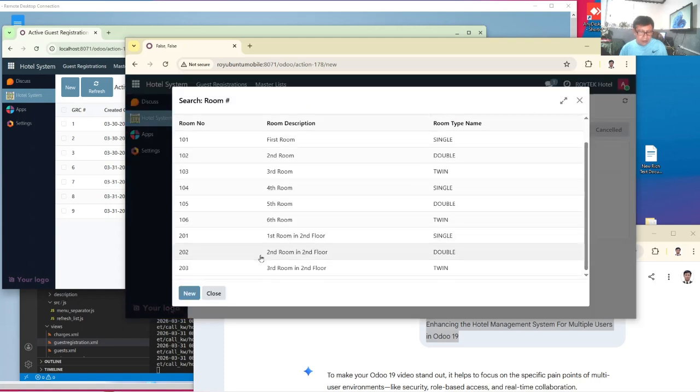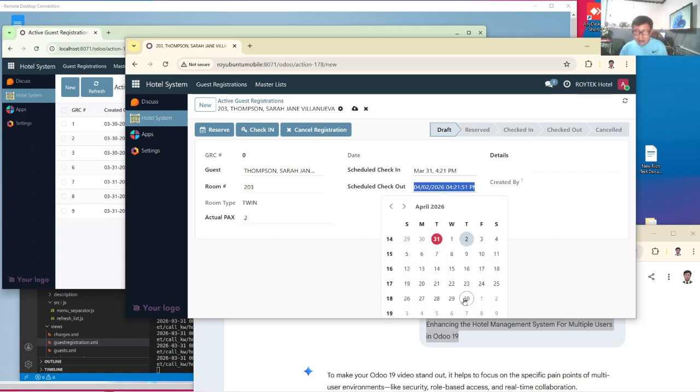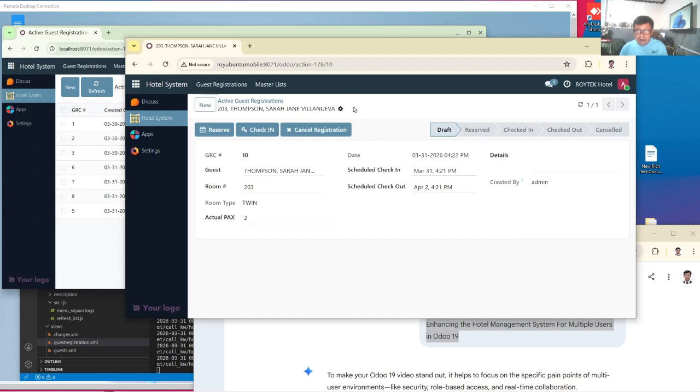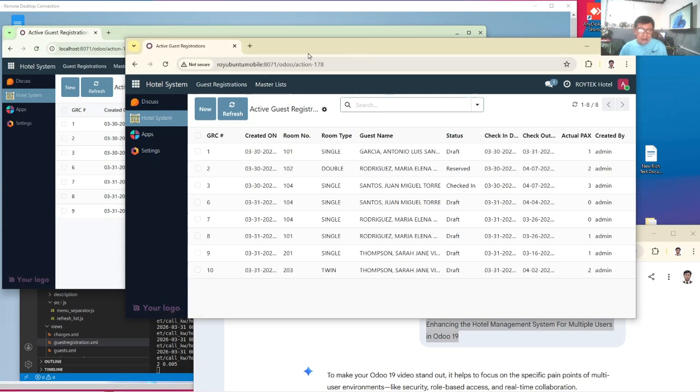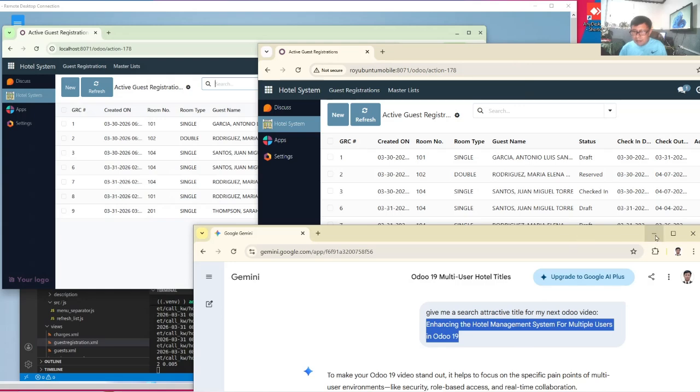I've created several rooms, so I'll say 2, and then let's change this and let's save. So the created by, the date, and the GRC number. Let's go to the guest registrations. Look at that, we have one more registration, but in the other host there's none. That's because a different user is using it there.